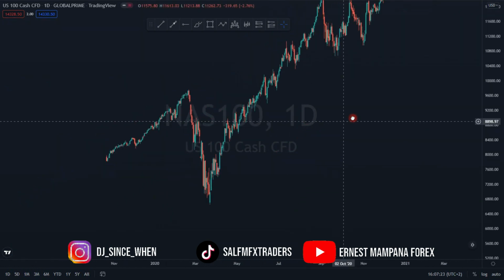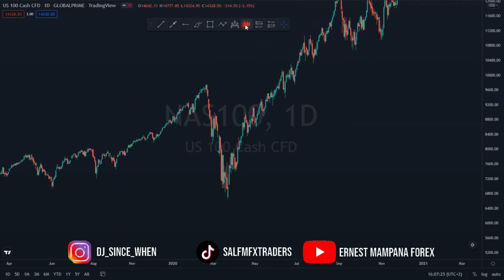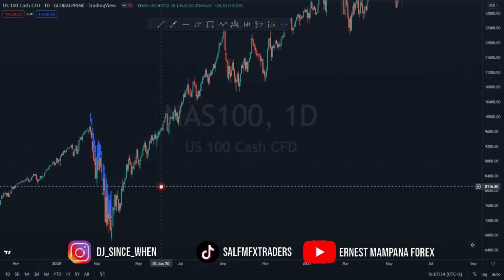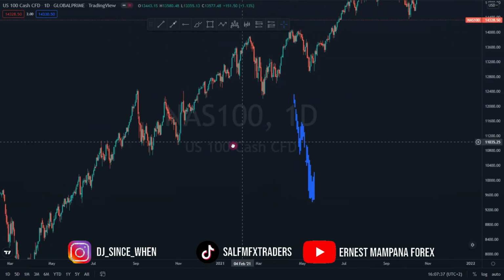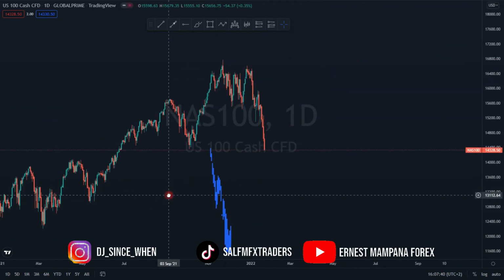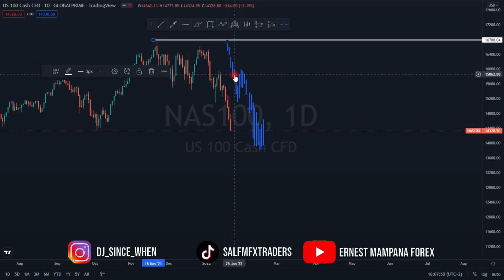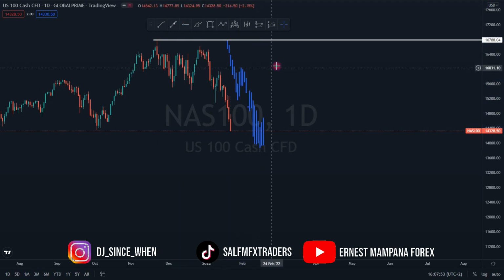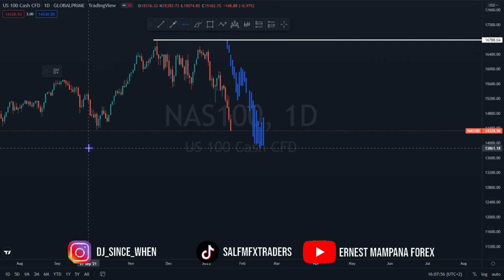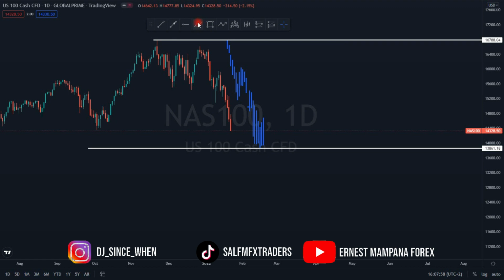Let's scroll back to see if we covered that already. So this was when lockdown was initiated. The market dropped like that. So we're going to compare these two charts to see exactly what is happening. As you can see right here, we are just few pips away from that. From here to here is just a few pips, and then that would cover the move that we had from